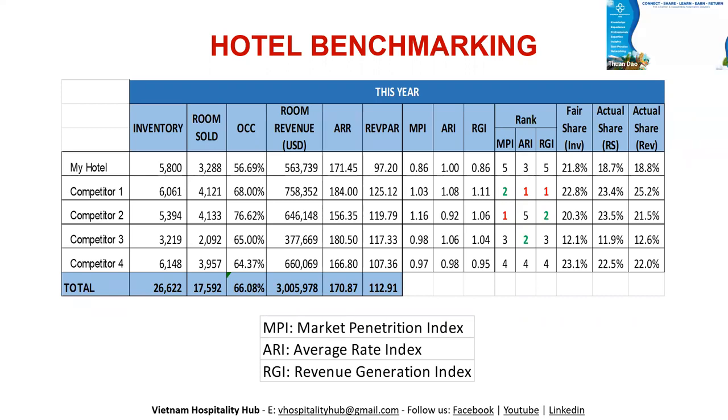All right, so at the moment it's still a gap, and there's no third party in Vietnam doing this benchmarking. So that's why I'm also thinking of doing this business later, because we want to provide local hotels in Vietnam with a tool really similar to STR, but for the local ones, so they can exchange the data. We are developing that tool at the moment.